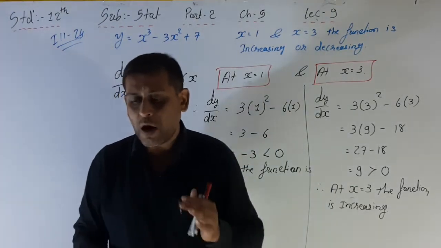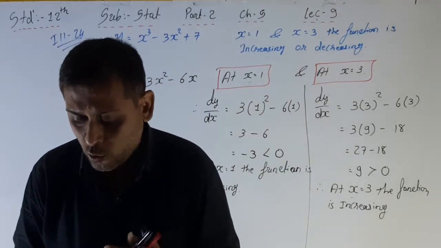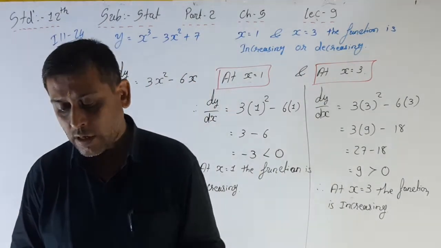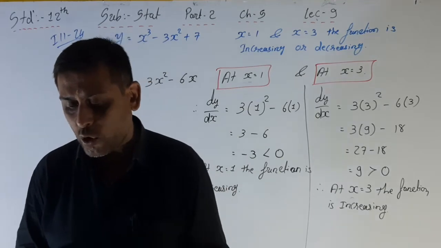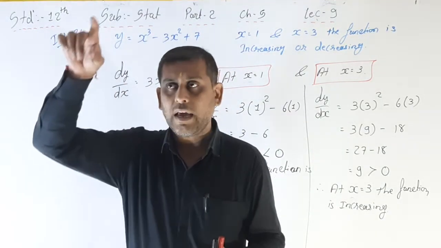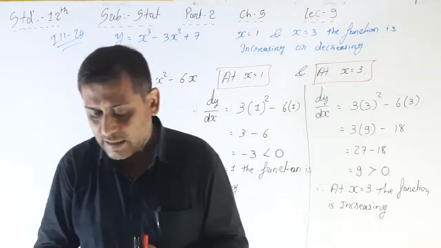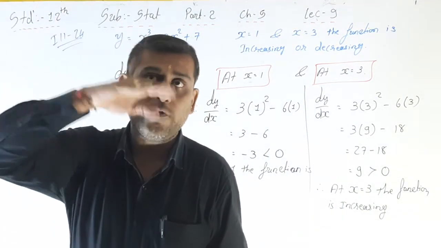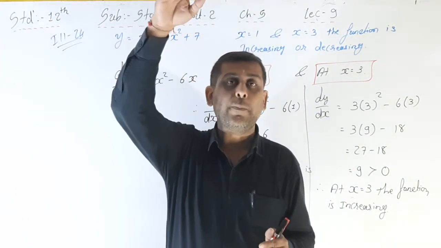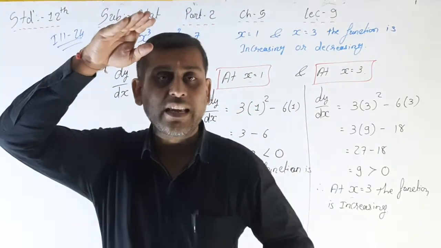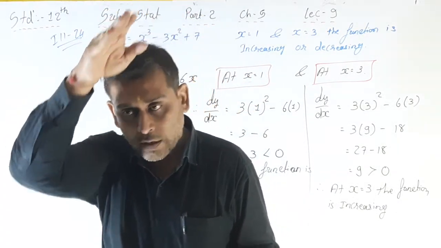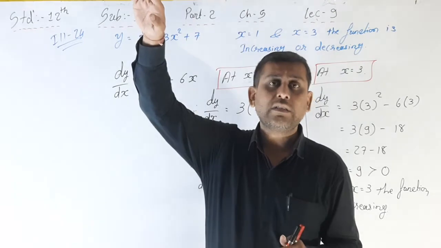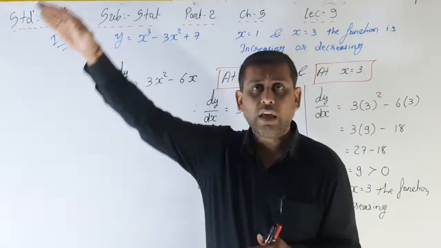See, we discussed the increasing and decreasing function. Now we shall study the method of obtaining maximum and minimum values of a function. Suppose the graph of a function y is equal to f of x is obtained as follows. It is just like this. Okay, it can be seen that the curve obtains a maximum value at point A. Then the curve, that is the slope, is going up. So that's why the function is getting maximum value at point A. Then B, at this point the function is getting the minimum value. Again this C, again then D, then E, then F. What is that?